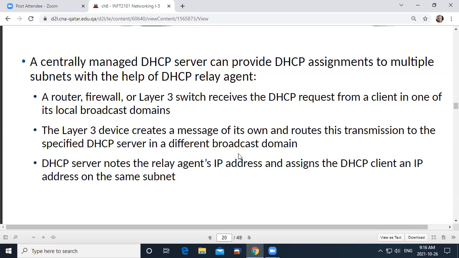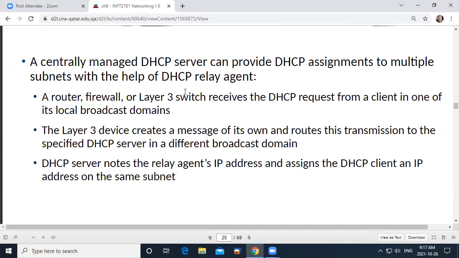Now, here's just talking about the technology that you're going to get from your vendor that's going to help you with building your networks. One thing you might want is a DHCP server, which is going to provide you with your network addresses. So that's good. People just plug in or connect through the Wi-Fi or whatever, and they're given an IP address. Well, what if you've subnetted a single network into 3 different networks? Are you going to have 3 different DHCP servers? That's a lot of money and a lot of hassle.